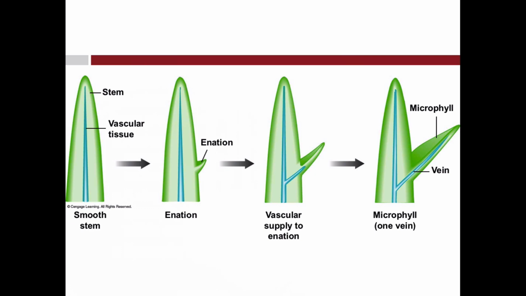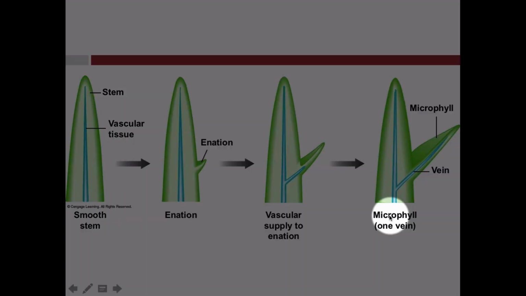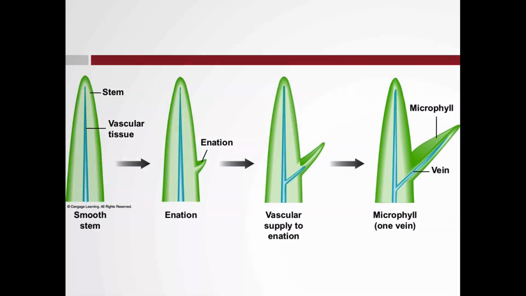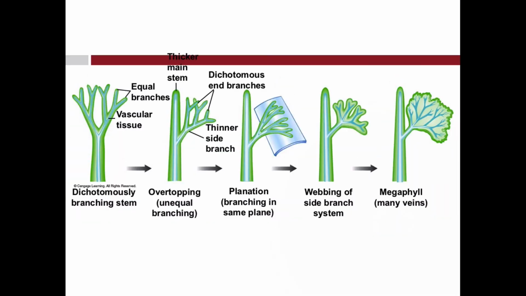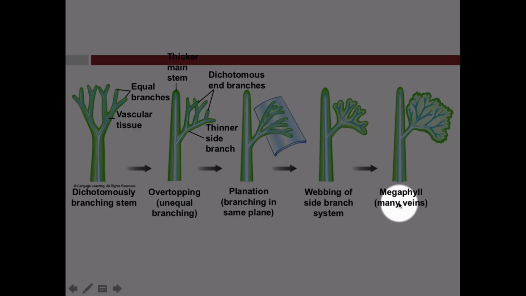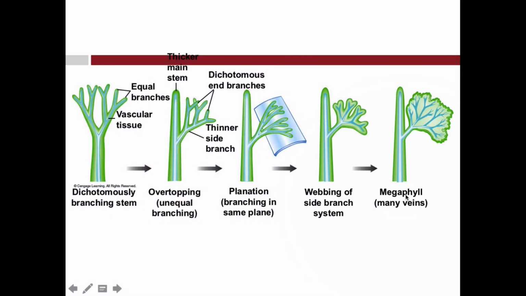Microphyll and B. megaphyll. So, to help you with that and make it easy, when you refer to a microphyll, it just means it has one vein, that one vascular vein, as opposed to a megaphyll, whereas megaphylls have many veins. And those megaphylls are the leaves that you typically associate with a typical leaf today. So we'll now get into the next portion of the chapter,